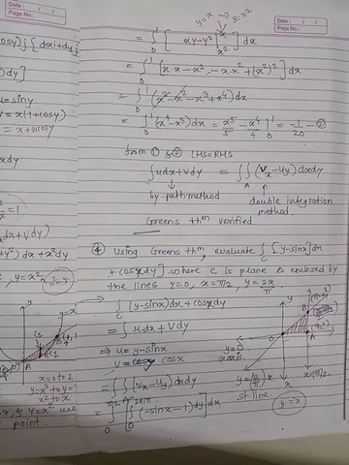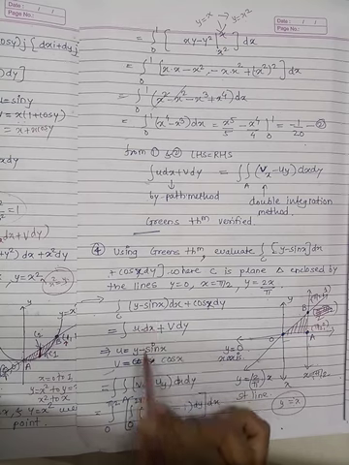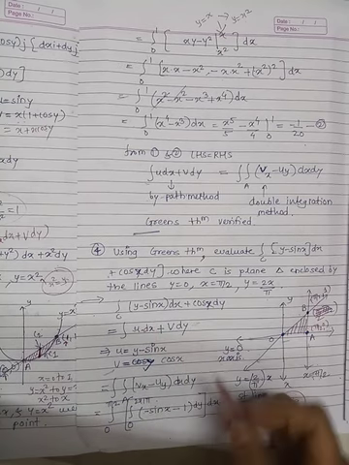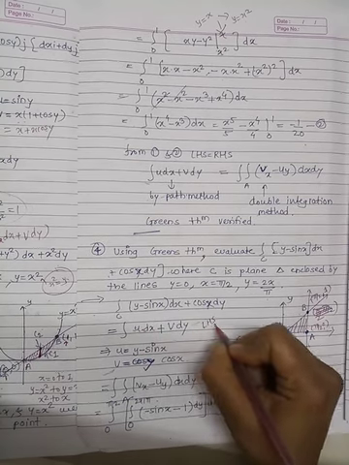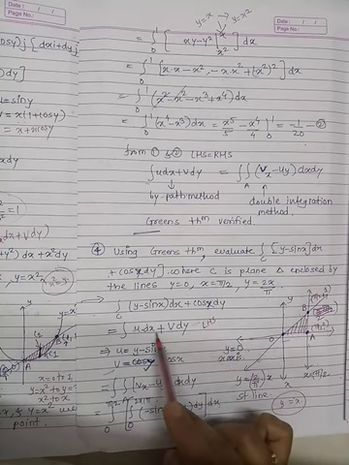So using Green's theorem you have to find this. First write the given integration, y minus sin x dx plus cos x dy. Then write the left side of Green's theorem, u dx plus v dy. Comparing these two, this is the LHS of Green's theorem or Green's formula. So compare the given integration with the LHS of Green's theorem.